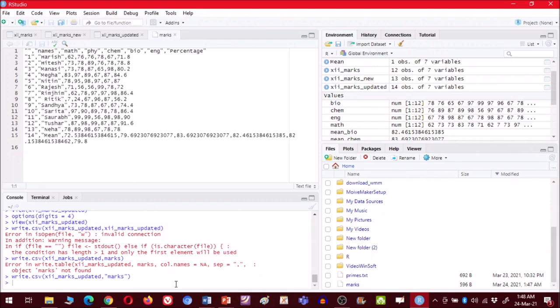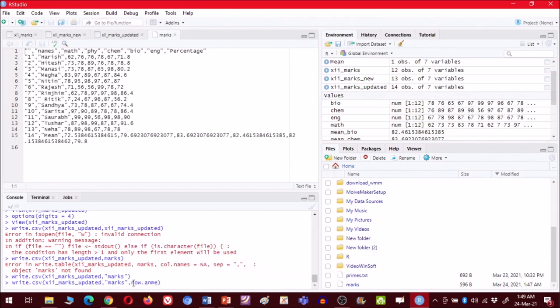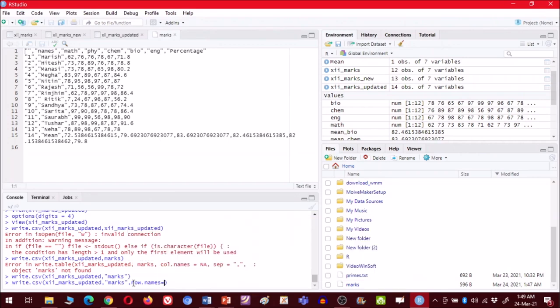You can remove these row numbers by adding one more argument to write.csv: put a comma and write row.names equal to FALSE. Write FALSE in capital.